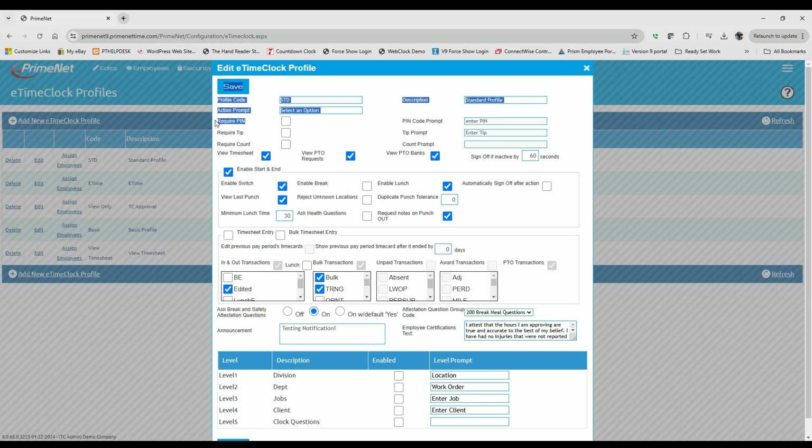Now, if you want them to also input a PIN after they've entered their card ID, you can require that. Of course, you can require a tip to be entered upon their clock out. Nobody really uses the count much anymore. That used to be for like piece counts. Down here